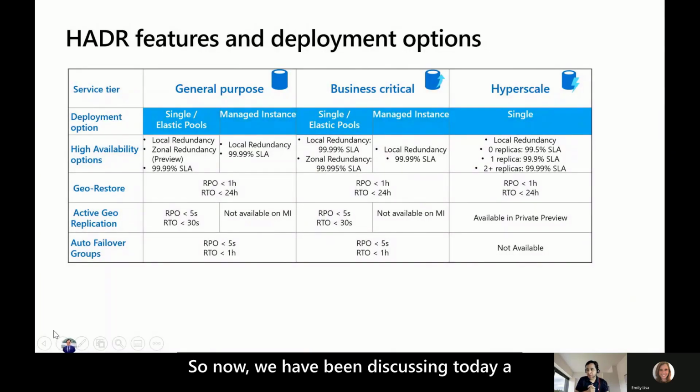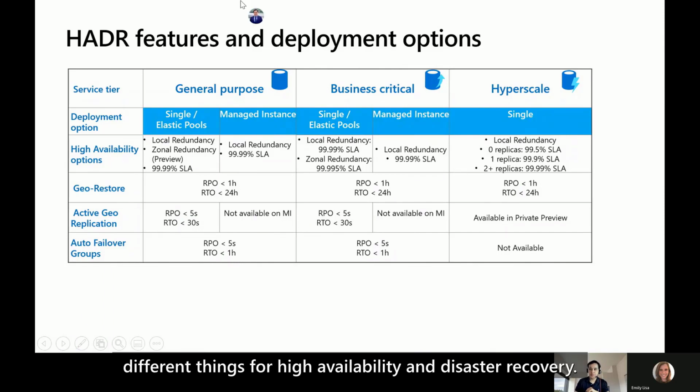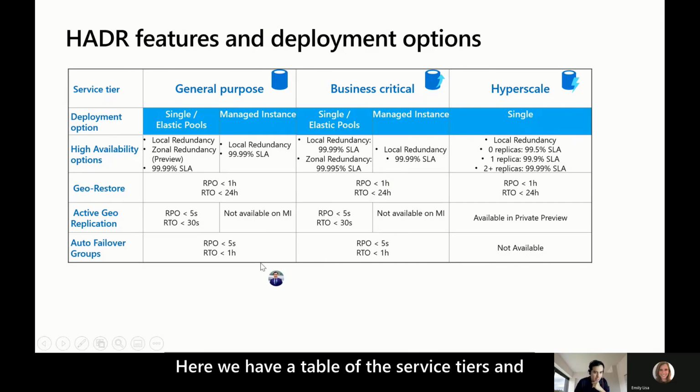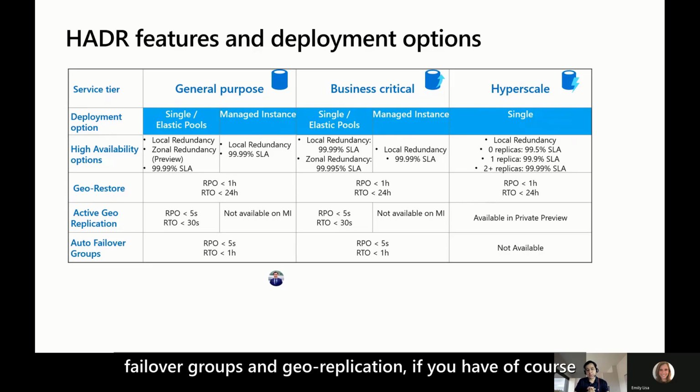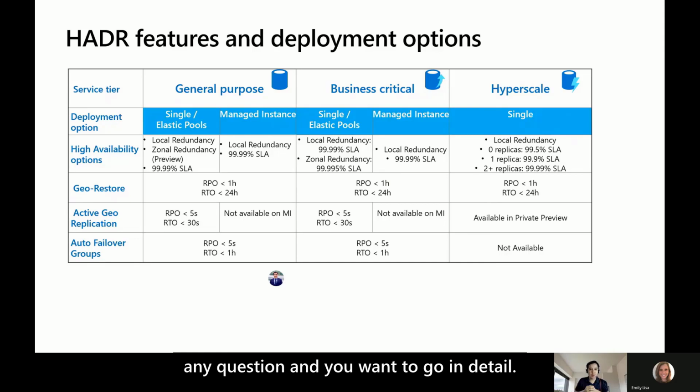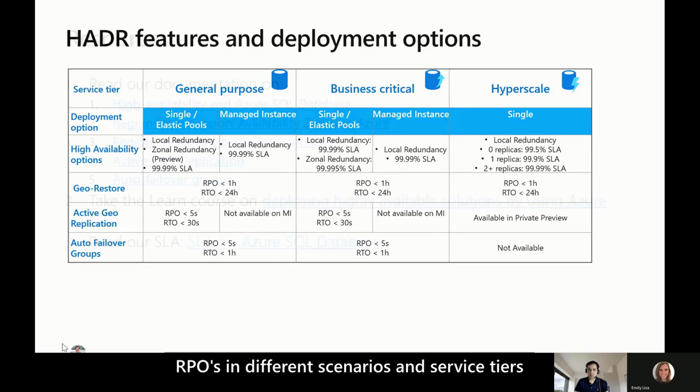So now, we have been discussing today different things for high availability and disaster recovery. Here we have a table of the service tiers and what SLAs we have for high availability options, for GeoDR, the RPO and RTO, of course, in the case of failover groups and geo-replication. If you have any questions and you want to go into detail on how we support these RTOs and RPOs in different scenarios and service tiers,